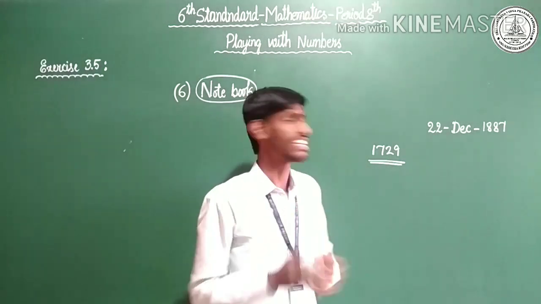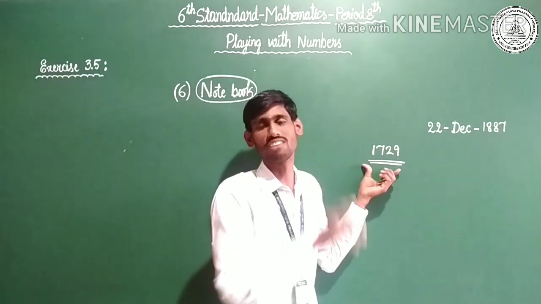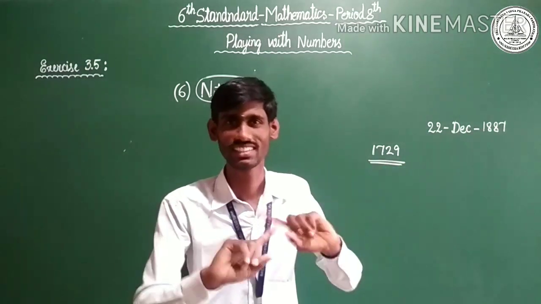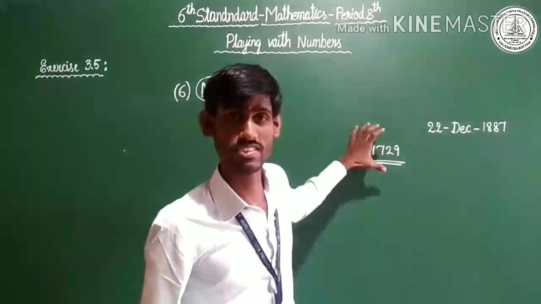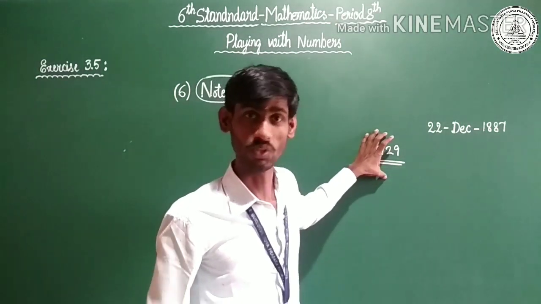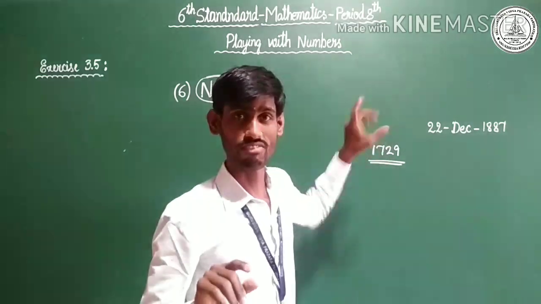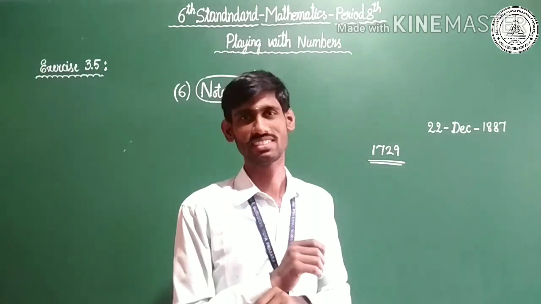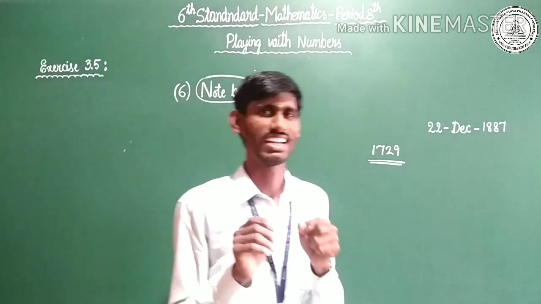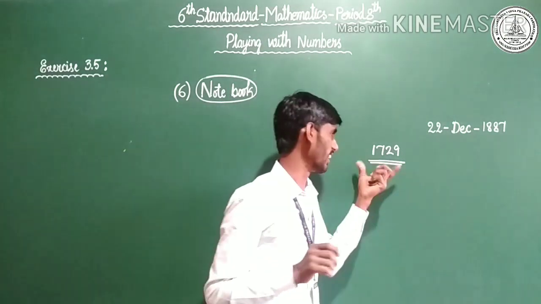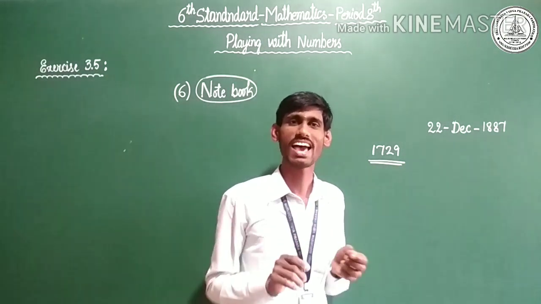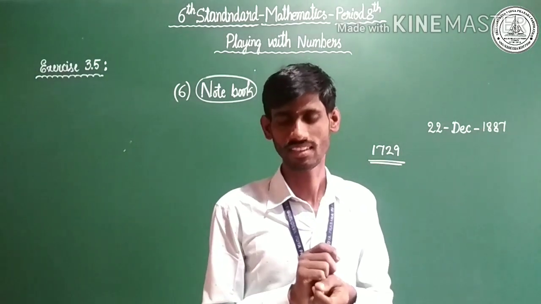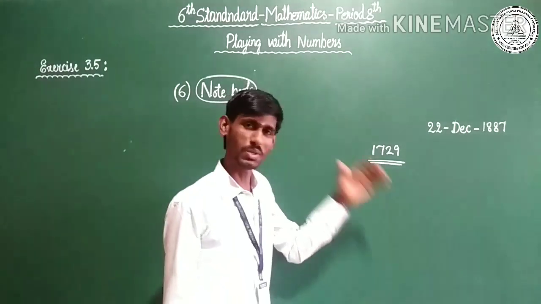Actually, it has a special thing in a given number. 1729 is not a simple number. So the number became famous that day, and it is still very famous. I think it's clear. The given number is famous as the Ramanujan and Hardy number. Okay, Chotu, let us come to the problem.